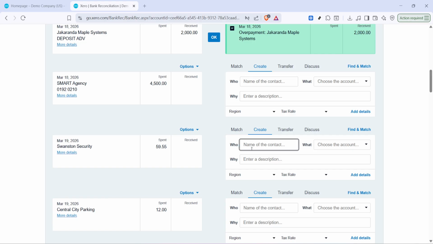Search for the person or business that appears on both your sales and purchases. Using the same contact record you use on invoices and bills keeps your reporting consistent and makes it easier to trace later. If you can't find the contact, confirm the spelling or that the contact exists in your Xero list